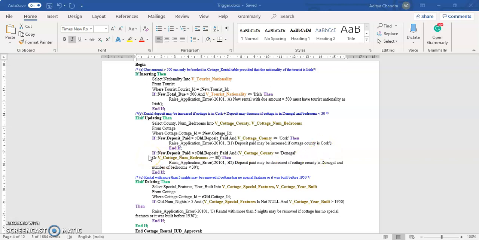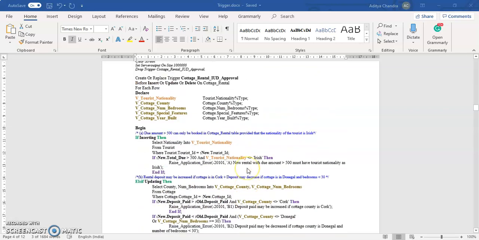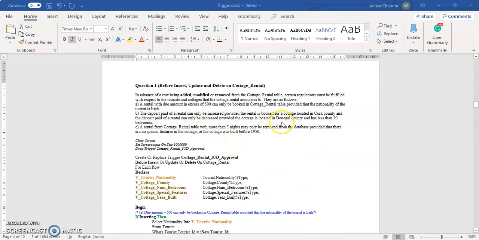The next part is for decreasing. So we say if the new deposit paid is less than the old deposit paid and the county is other than Donegal, or the number of bedrooms is greater than or equal to 30. In order to decrease, we have specified that both these conditions should be true.